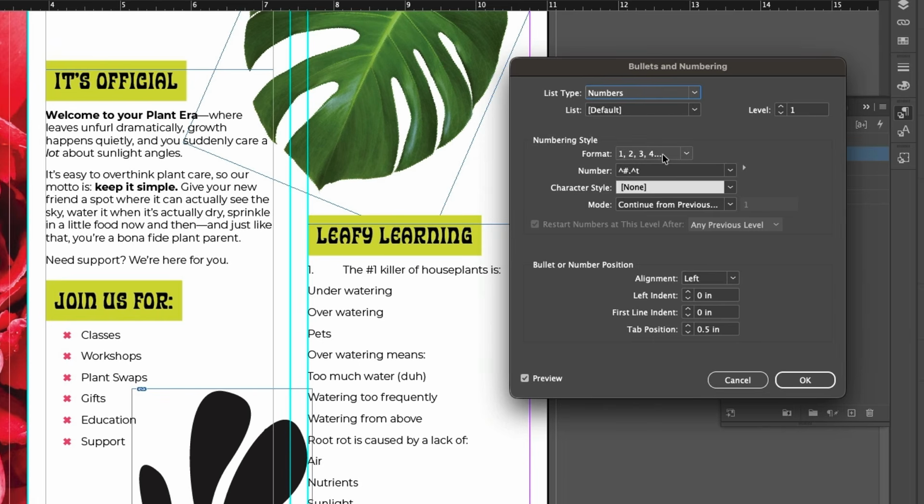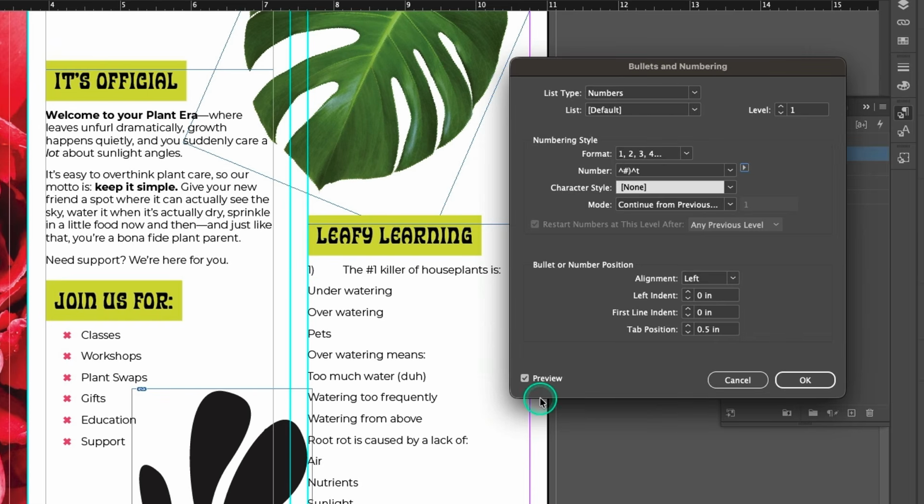We want the format to just be numbers like 1, 2, 3, 4. And here we can specify what kind of character we want to follow the number. So the default is to have the number followed by a period, but I'd like to change that to a parenthesis. So the way we do that is we come in here to what looks like gobbledygook, but this is code, and we just put our cursor in and backspace to delete the period, and I'm going to put in a parenthesis there, and as soon as we hit tab, you'll see it update over here,